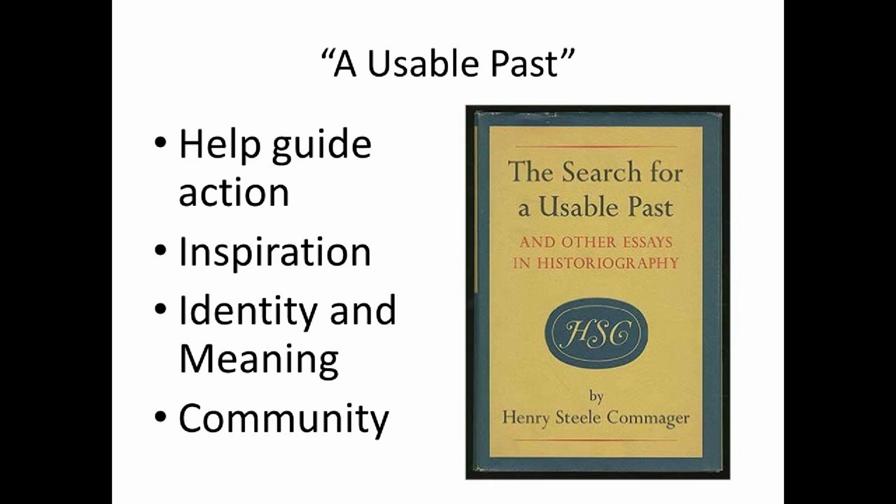Now, there are also some issues with this, though. Again, we have to be careful, because a good historian realizes we have to learn from the past. So they may engage in some constructive criticism. Yes, in the United States we've done some good things, but we also have to recognize we've done some bad things. And we have to understand why Americans did those bad things so we can avoid it in the future. That's what a good historian would do. A bad historian would just say, oh, the U.S. is always right, never makes a mistake, we're awesome. Now, we can still be awesome and make mistakes. But the key thing is that this is what we have to be careful about.